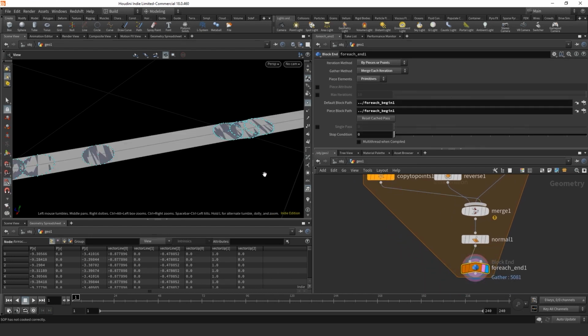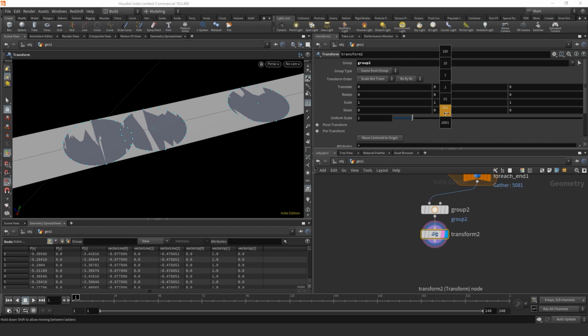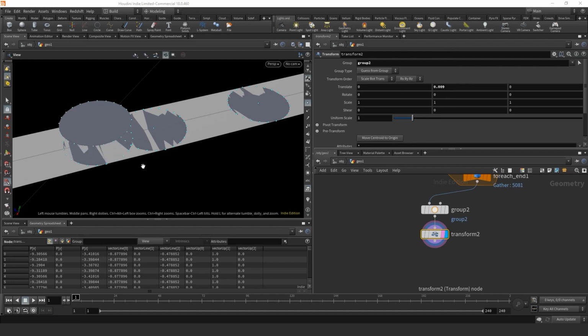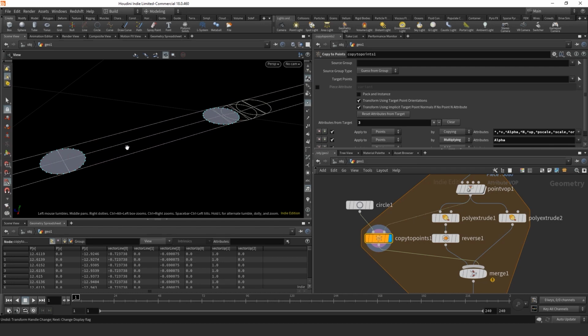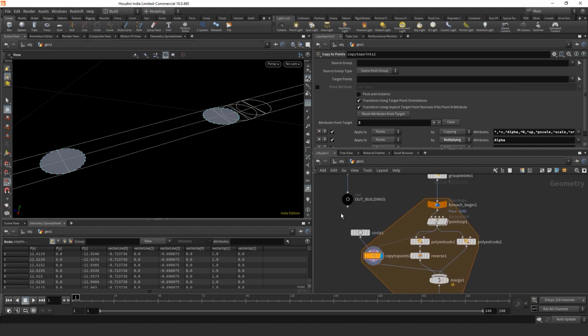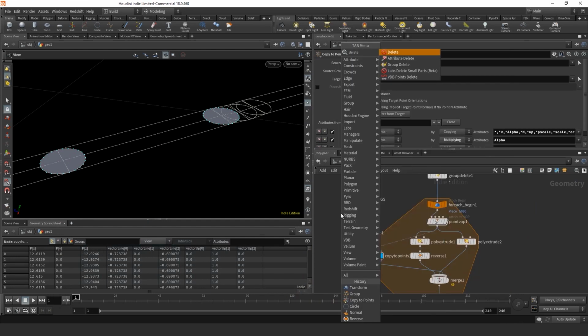The problem here is that we have two circles for almost each point. I will quickly show this by moving up one of the circles. This is because each endpoint of a polyline is the starting point of the next one. In this way, it automatically places a circle twice on each position. We can fix this by deleting one of the 2 points for each line element before plugging it in the Copy to Points node. Drop down a Delete node